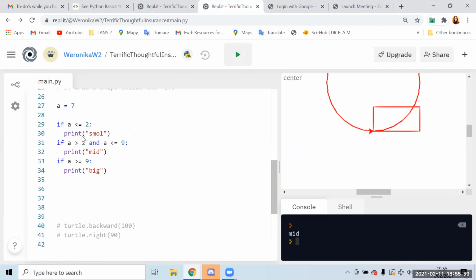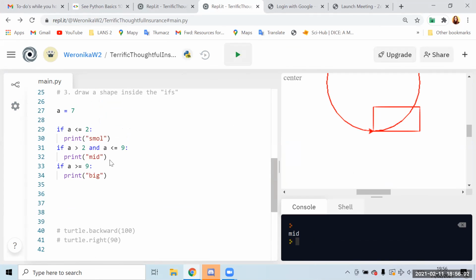Additionally, because it's too complicated, you can do it in a totally different way. You can say, first check the first thing. So that's an if statement. Now we do an elif. That means if the first one is not true, then go to the next one. So it doesn't even check for it if the first one is true. If the first one is true, then it's all finished. Elif a is smaller than or equal to 9, and else.